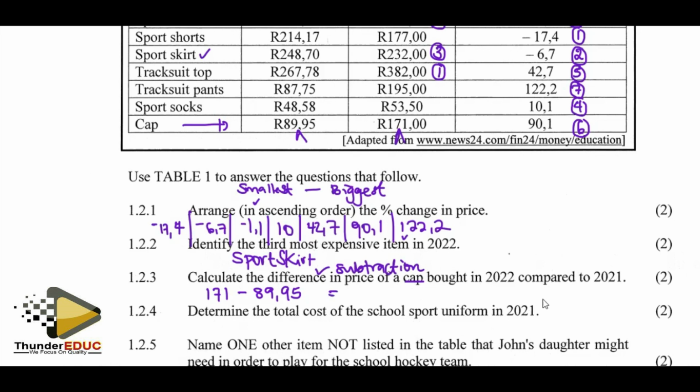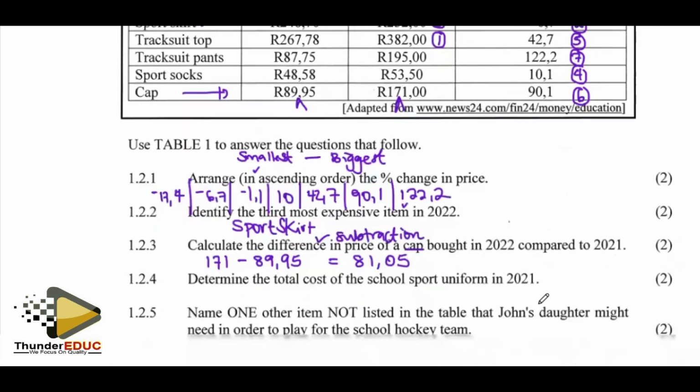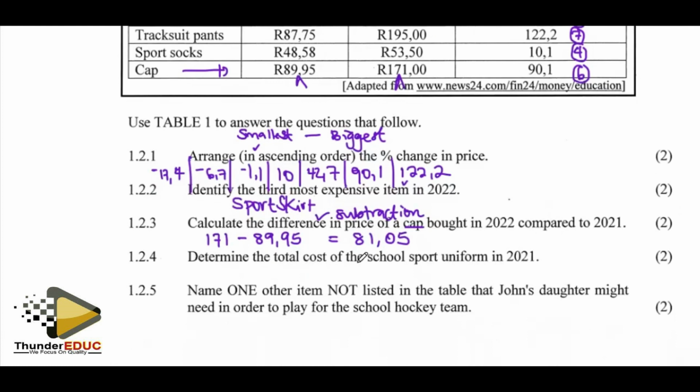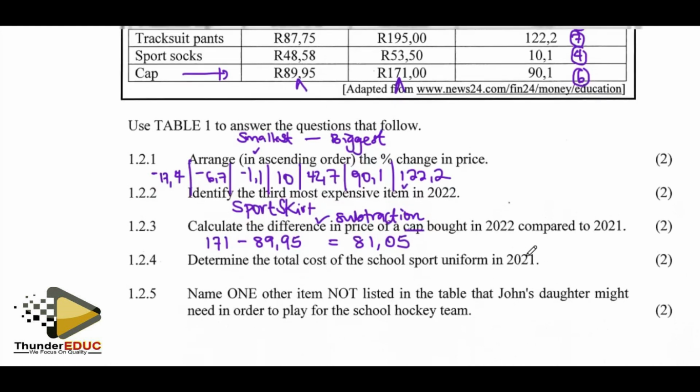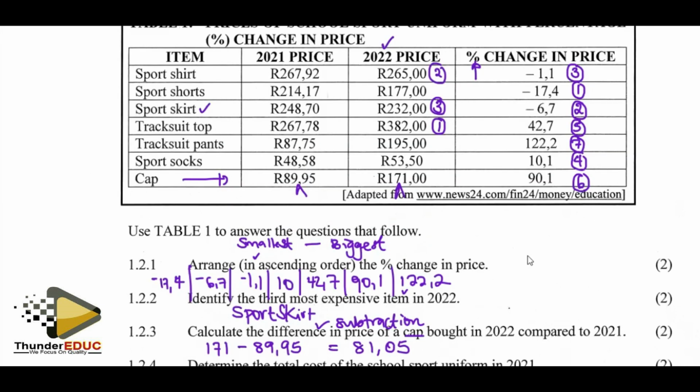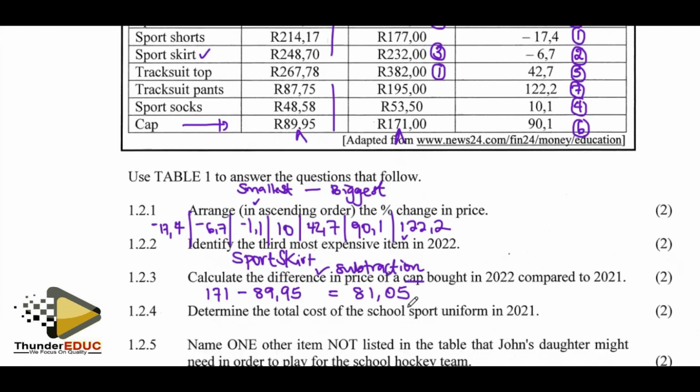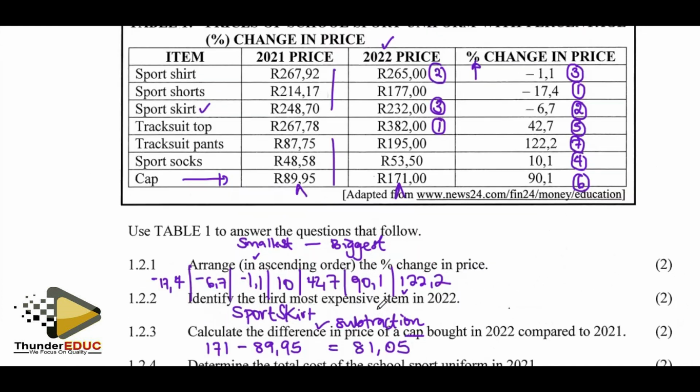And the answer you have it as 81 rand 50 cent. Here we go. Determine the total cost for a school sport uniform in 2021. That means we're going to add all these prices here. Sport school uniform 2021. So let's start. We start with